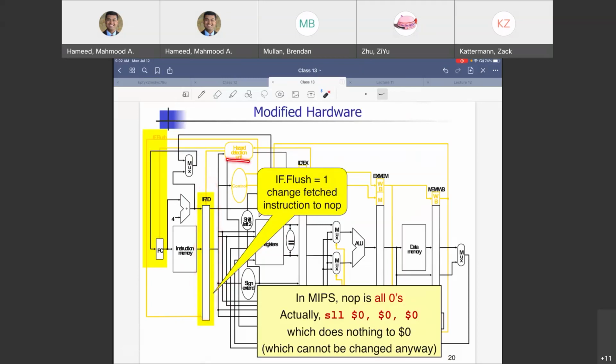The hazard detection is going to check for 2 things. Is it a branch instruction? Are the register contents equal or not? How does it know whether it is a branch instruction or not? It is going to be one of the outputs of the control unit. How does it know whether they are equal or not? The output of the comparator. If those 2 conditions are satisfied, set this flush signal to a 1. And if that is a 1, you essentially take the instruction which was immediately after the branch and make it all 32 zeros, which corresponds to this new operation that does nothing.